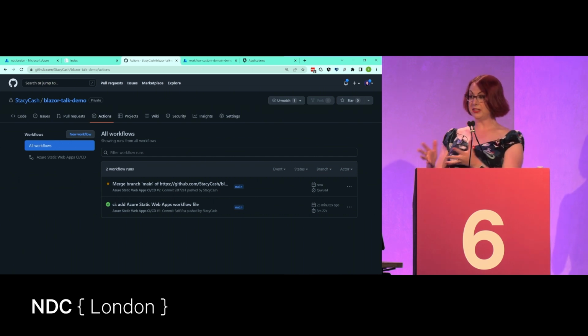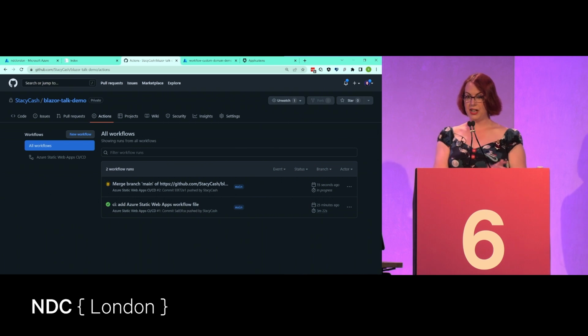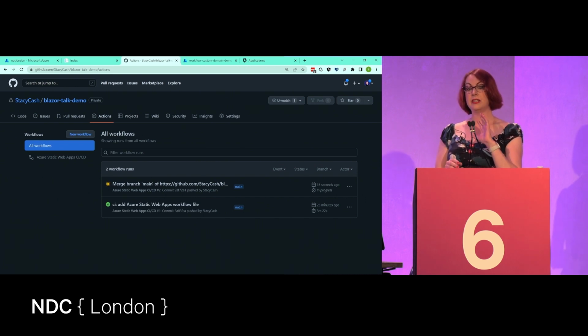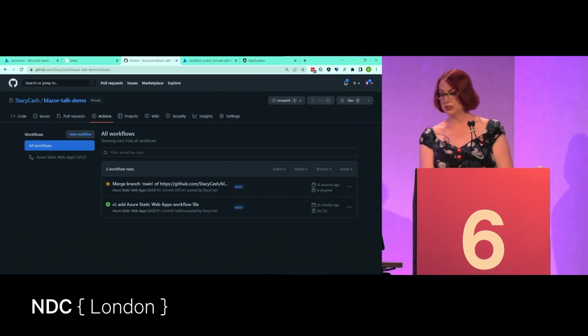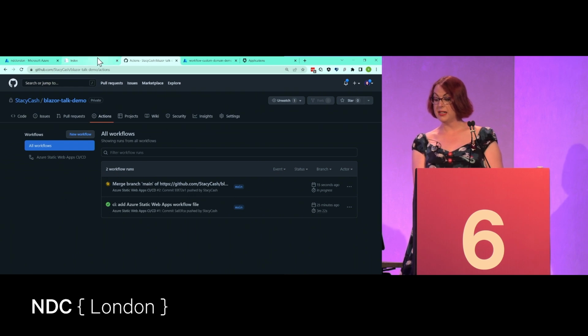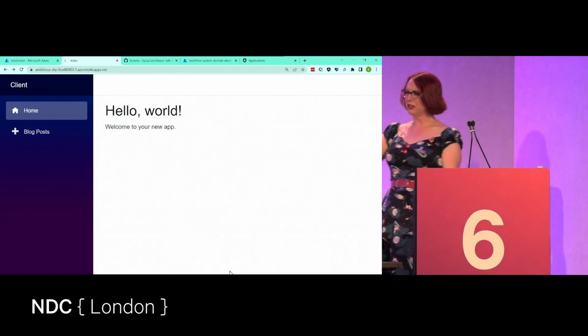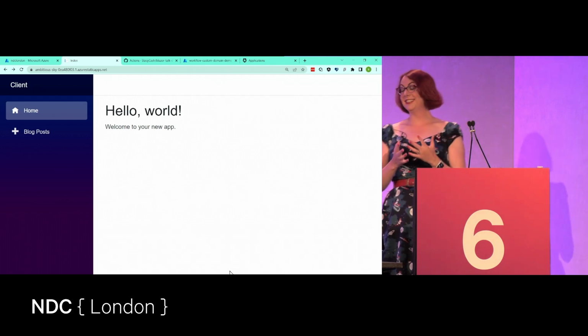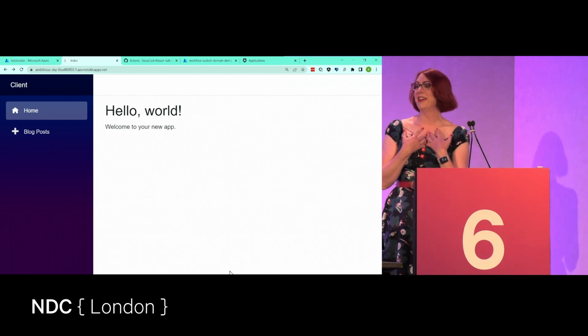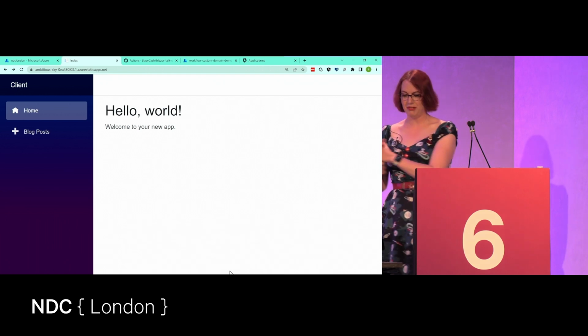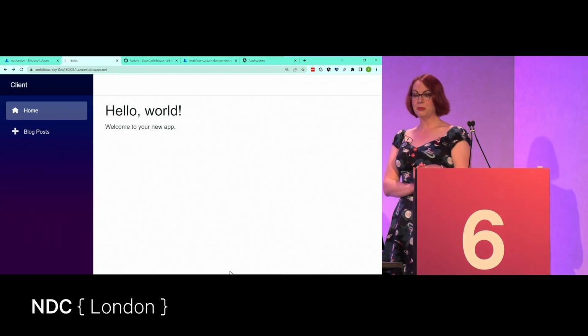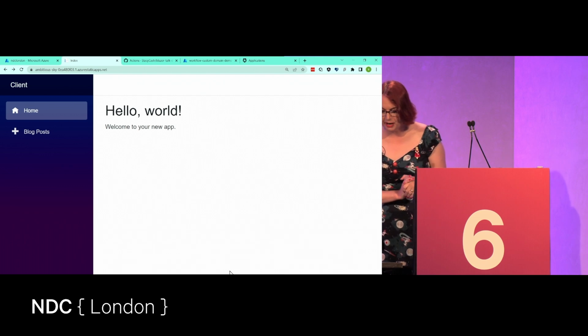So whilst we're waiting for it to deploy, there's just a couple of extra things that I want to show you to really make our app look awesome. First one that I want to show you is custom domains. Because whilst I think that the domains that we get from Microsoft, so ambitious sky, yellow rock, scary sea, sounds awesome, but it's not my brand. And I'm supposed to be doing this to build my brand. On top of that, I really don't want to tell people that you have to go to ambitious sky